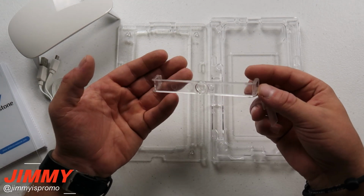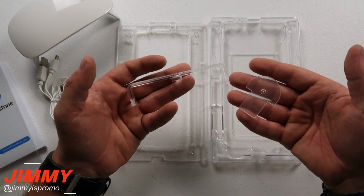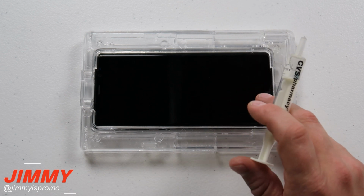This one right here is going to be the bridge, and then this one is the pull pin. Now let's move on. Let's clean the phone. Let's get this adhesive going. Now the tip I would say before you do the full installation is that you want to first off get